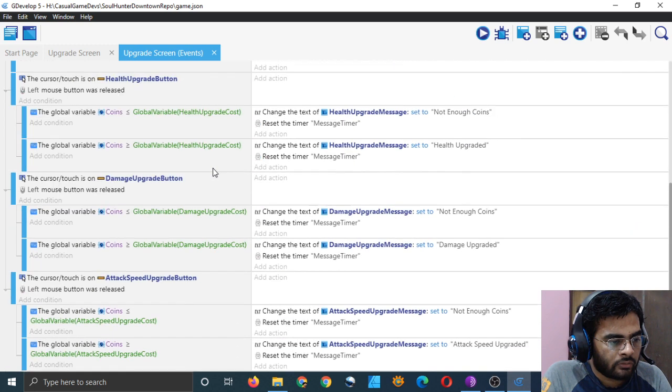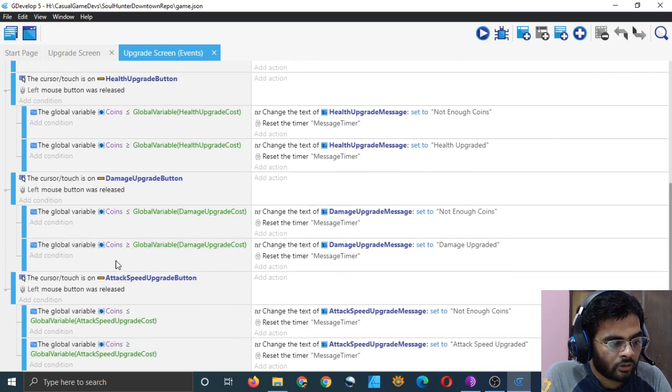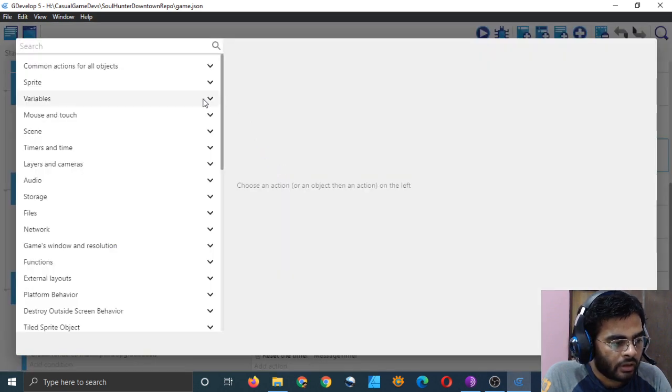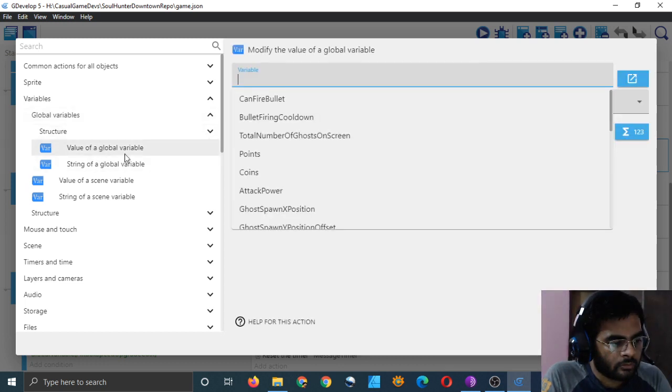And how to do that? Here where our coins are, in all three cases, wherever our coins are greater than health upgrade cost or coins are greater than damage upgrade cost, I mean we have more coins than the cost of the upgrade, then within these conditions, we are going to add another action that will be updating some variables. Value of a global variable,